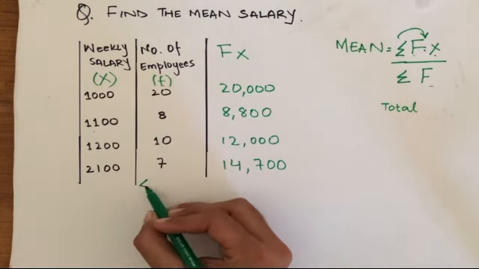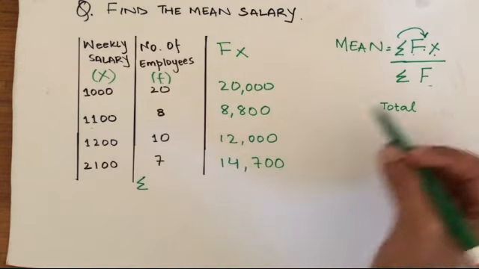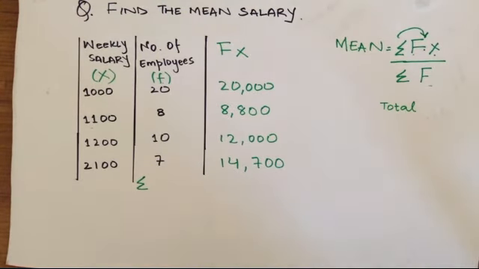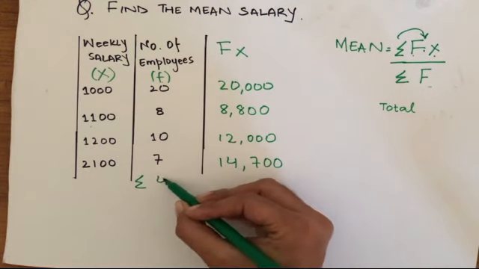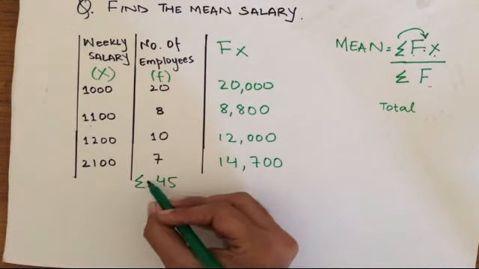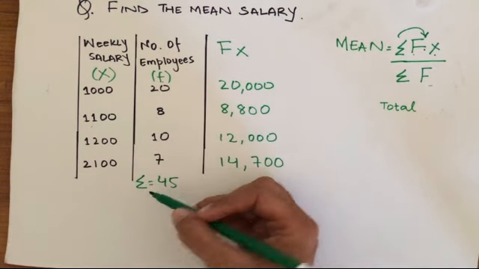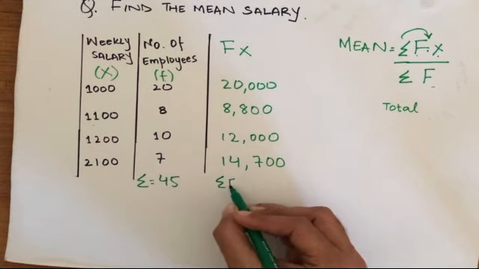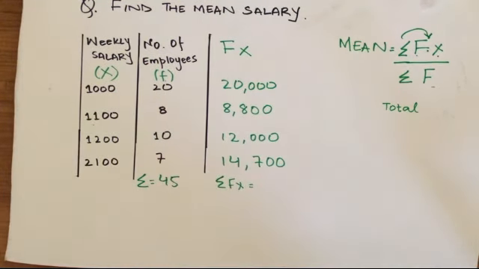First of all, you can take out the summation, that is the total of frequencies as used in the formula, that is 20 plus 8 plus 10 plus 7, which is 45. So summation f is equal to 45. Now for summation fx, the total of the product of f and x, let us calculate this as well. 20,000 plus 8,800 plus 12,000 plus 14